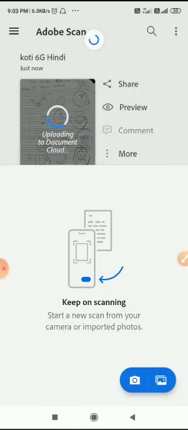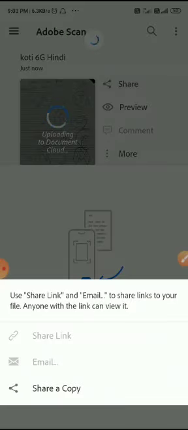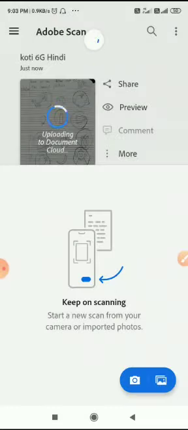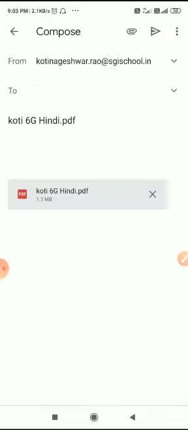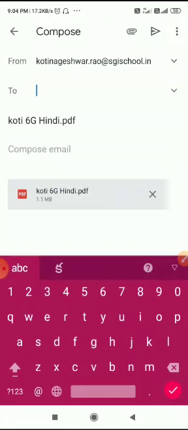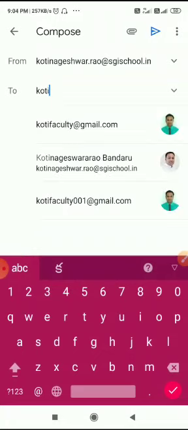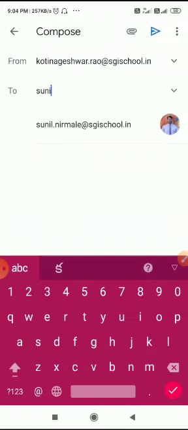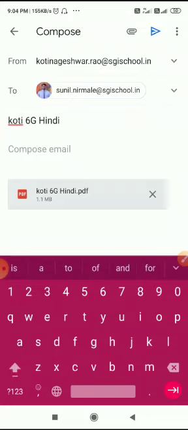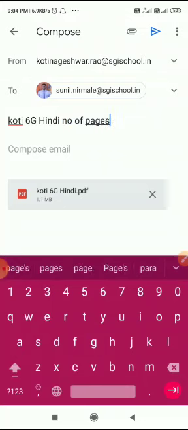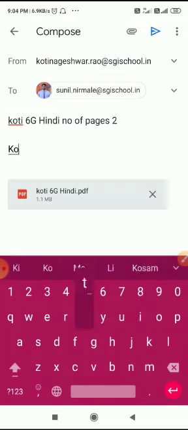And here, see on the screen there is a share option. Click on share, and in the list you see share a copy. Click on share a copy, and you can select the Gmail option. If you want to send through Gmail, you can select Gmail, and here you can type the mail ID of your subject teacher to whom you want to send, and in the subject box you can type your name, class section, Hindi, and number of pages, and the same information you can use here.